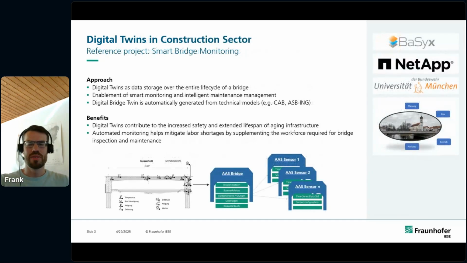And there's another very interesting project which has, I would say, very high relevance because it focuses on critical infrastructure. And this is something that we're doing together with NetApp and the University of the Bundeswehr in Munich. And there we're taking a look at not any critical infrastructure, but bridges. And the idea here is to have a digital twin of a bridge, of the entire life cycle of a bridge, for enabling smart monitoring and intelligent maintenance management,